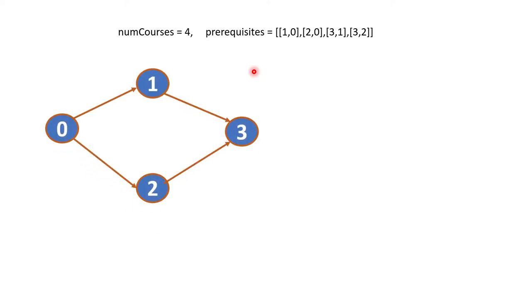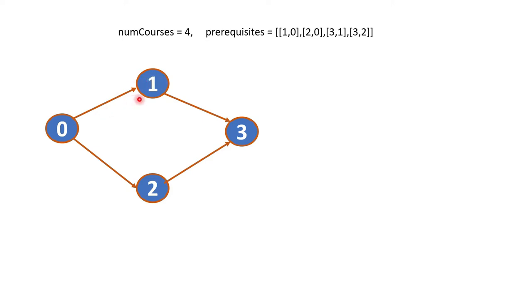As I have mentioned, this particular problem is a kind of topological sort problem of a graph. Why it is, I will explain now. If you see this prerequisite array, and if you draw a line to maintain this relationship, this will actually form a graph. If you have to go through course 1, you have to first complete course 0.